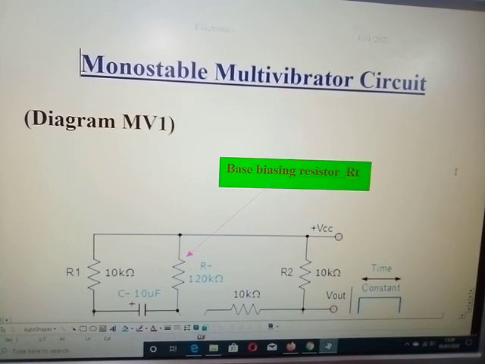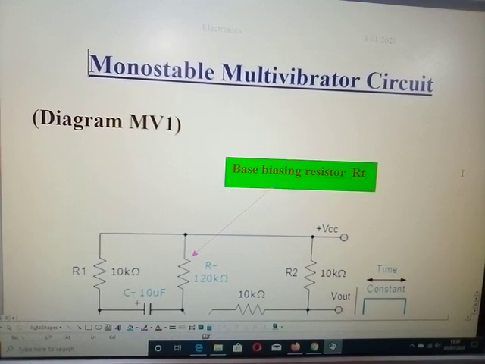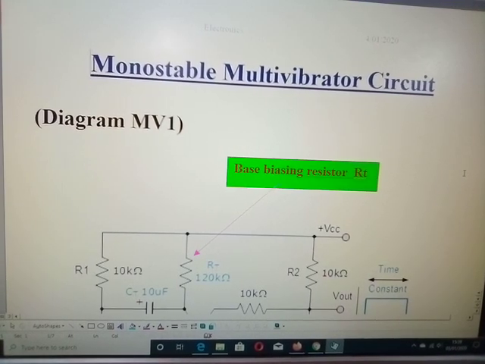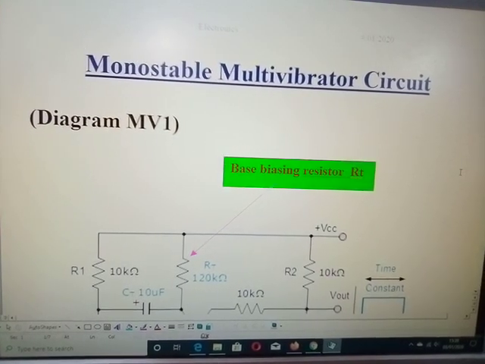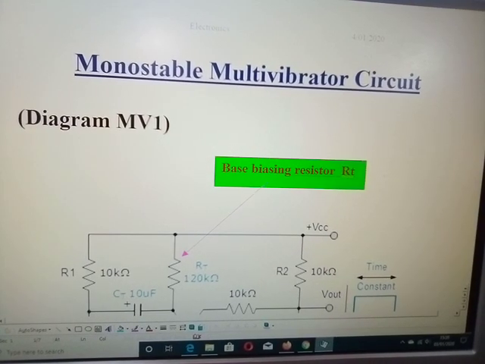Okay, welcome back. What I want to look at today is the monostable multivibrator circuit. Now, the monostable multivibrator circuit can be used to output a given waveform or a signal, okay? But